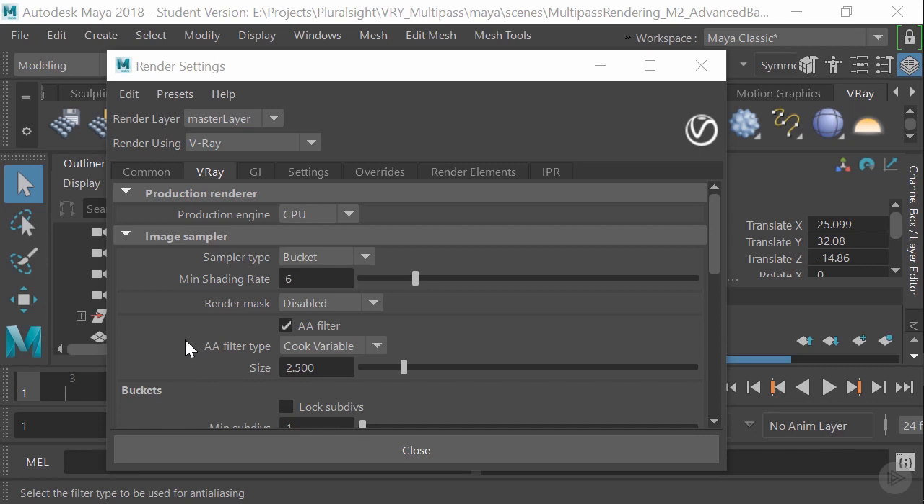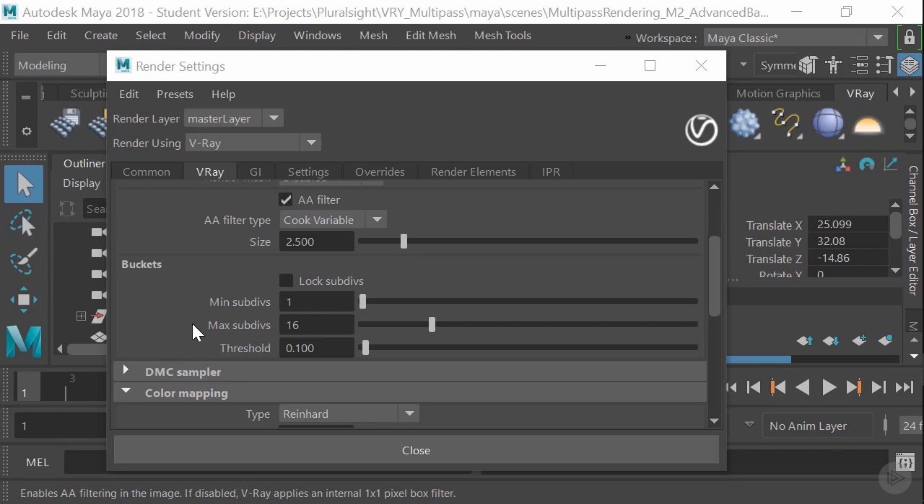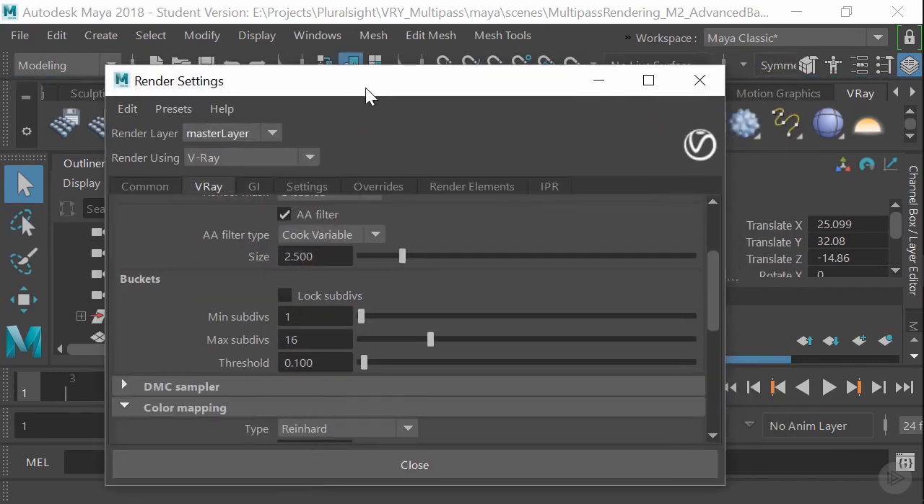Okay, so back in Maya, if it were an anti-aliasing issue, we could look in the V-Ray tab, and here are the anti-aliasing filters. I've chosen Cook variable size 2.5. That's quite a nice setting. However, that wasn't actually the issue that we were seeing. The problem was something else. The problem is that in our GI,